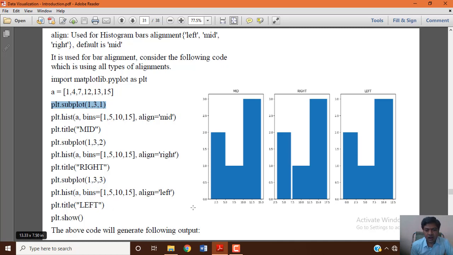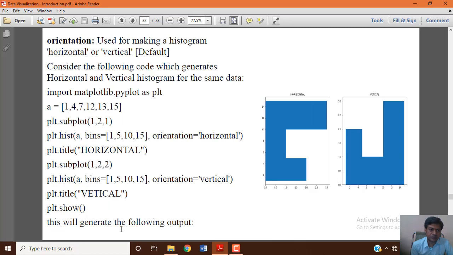You can see all three. The first one is mid by default, the second is the one we specified, right, and the other is left. So that is how you can use the alignment property of the histogram function to generate your histogram.